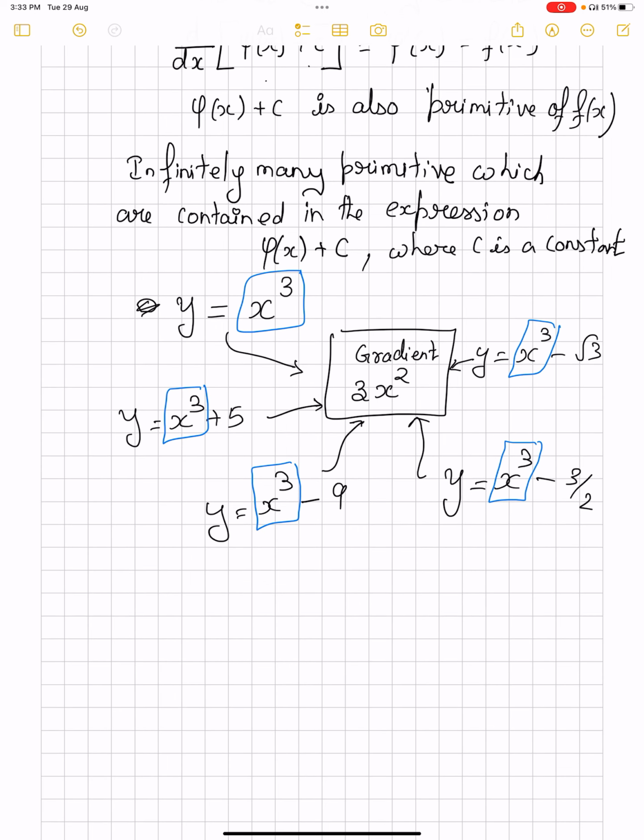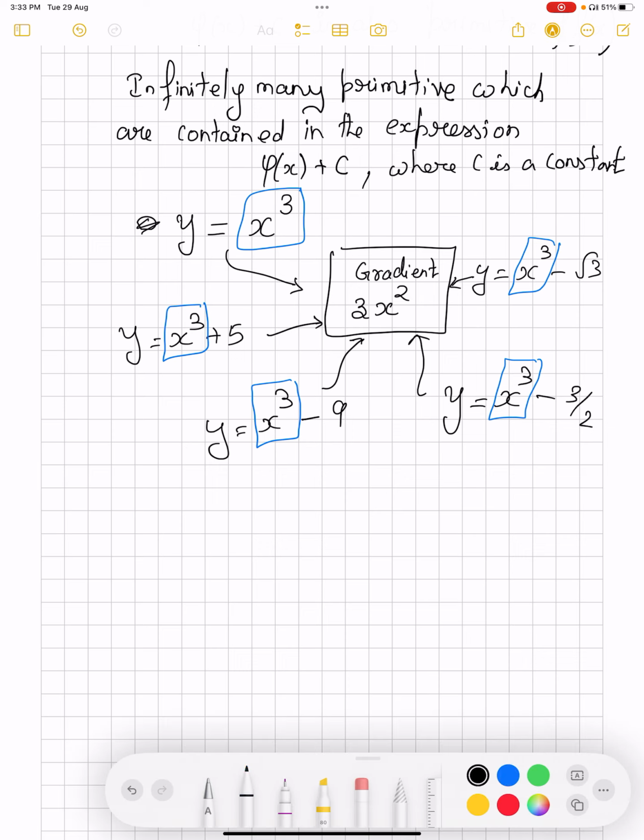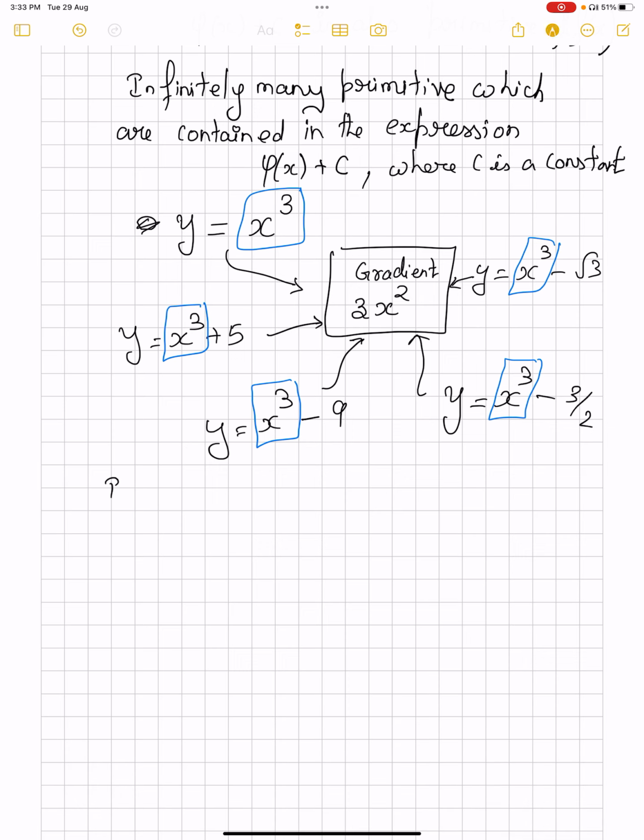So let me just give the definition, and then next we will be looking into the problems, the formulas, everything. The concept which we are going to see right now is the indefinite integral, and then I will proceed with the problems in the next video. Indefinite integrals. Let me just give you the definition. So f of x is a function here, any function. That's the assumption. Then the